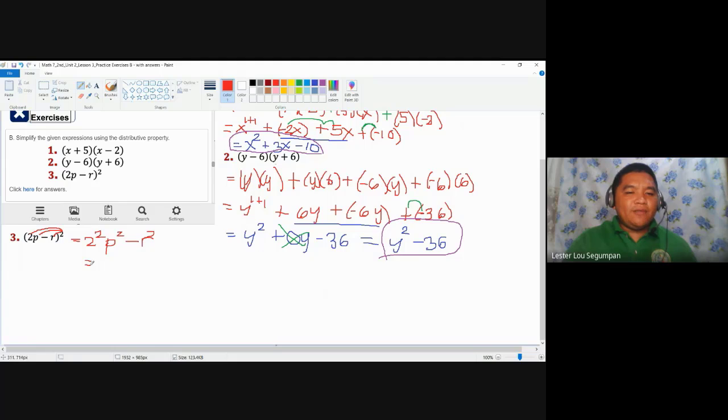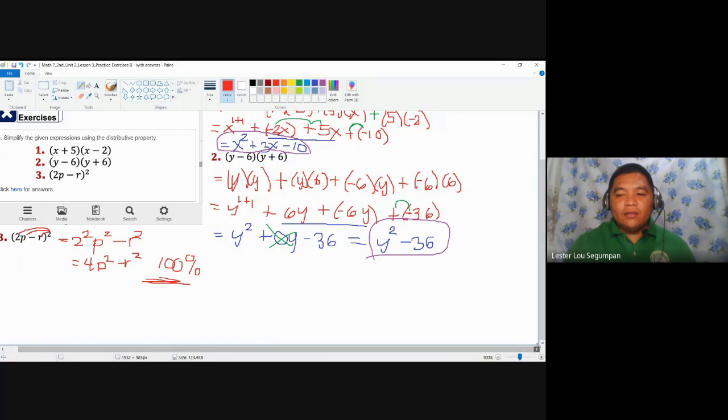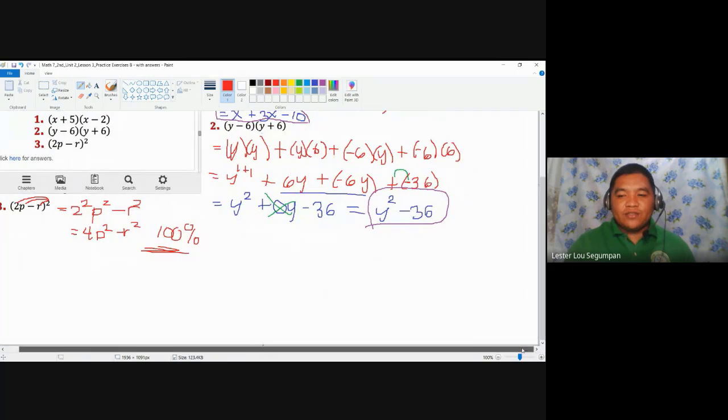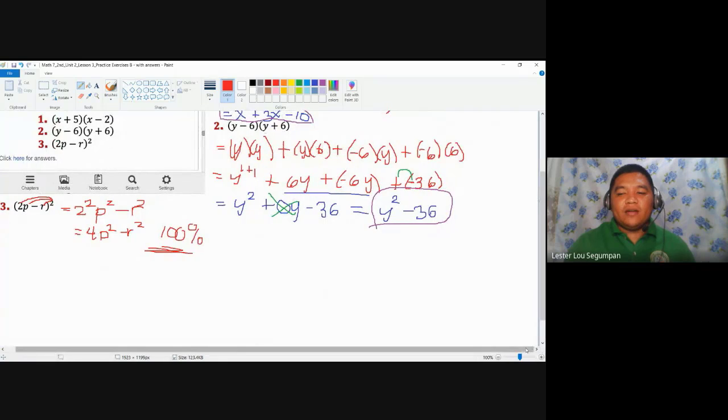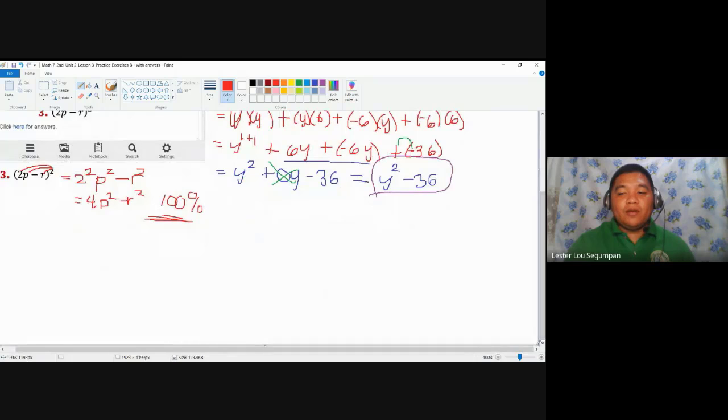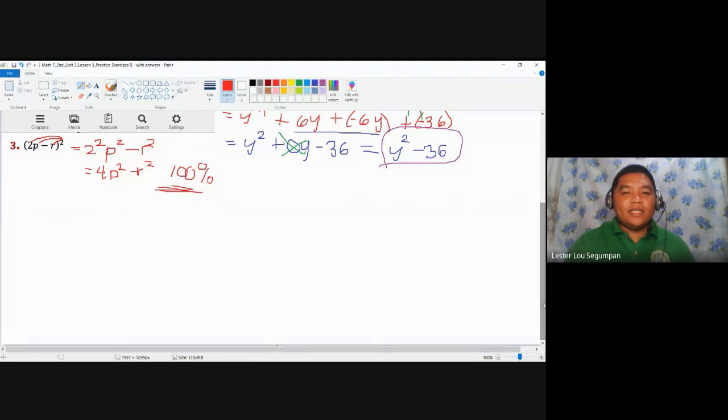But I can still simplify, sir, 2 squared as 4. You have here p squared minus r squared. I am 100% sure that this is correct, sir. That is the right process in multiplying expressions like this. Now, we're not yet sure if it's really true or not. Some of you might already be convinced that it's correct. Some of you could be convinced that it's not.